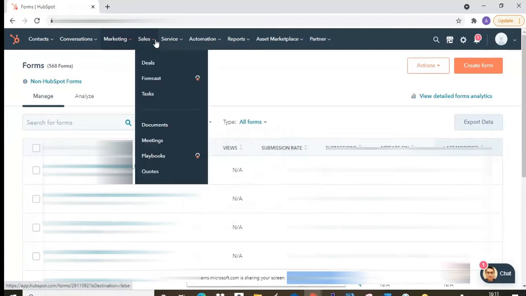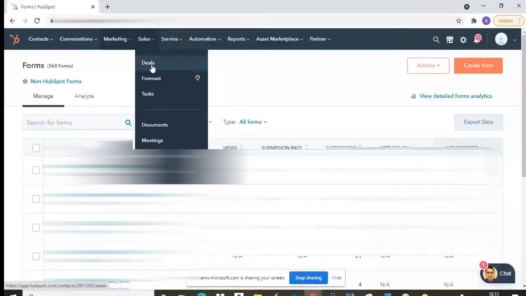Now, once marketing plays its important role in bringing the lead into the system, then comes the part of sales, where sales works on those leads and takes them through the cycle of closure. So what are deals here? Once a lead enters the system, our team needs to identify whether it is a good lead which can be converted into a closure, or just a customer who came and gave me the information. Once I identify that the lead can be converted into a good closure, my team converts it into a deal.